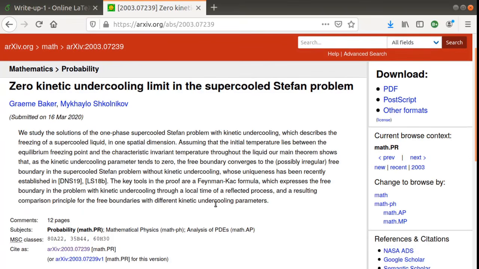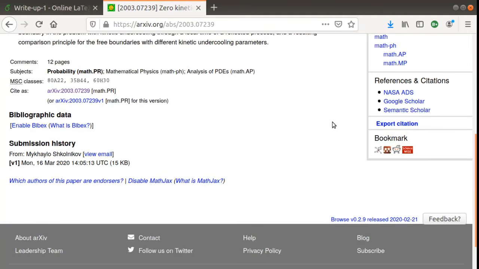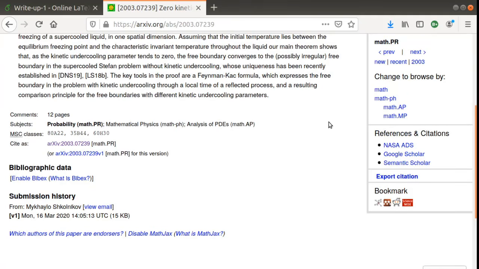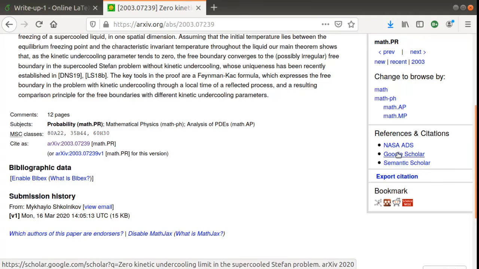the abstract, read the abstract to see whether you want to read further, and the preprints are always available in full format, so you can click on the PDF or PostScript formats, download the full article and read it. If the article is published, then that will also be known to us. Here on the right hand side is the link for this article on Google Scholar or Semantic Scholar, where you would actually know whether the article has been published in a journal later on.